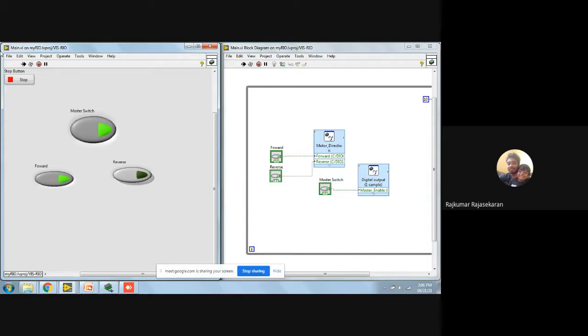Direction control. Okay, so it seems to be working, but I still haven't given any signals.